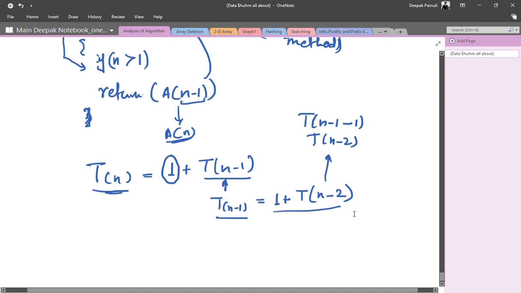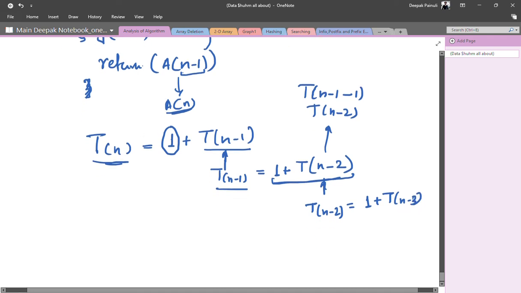So in this call we can write the computation time like this. Now further we go down: T(n minus 2) will be equal to 1 plus T(n minus 3), right?